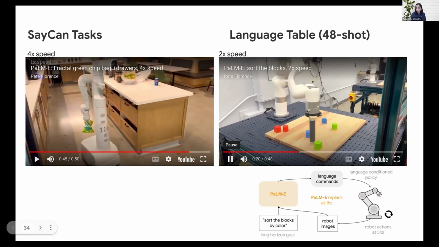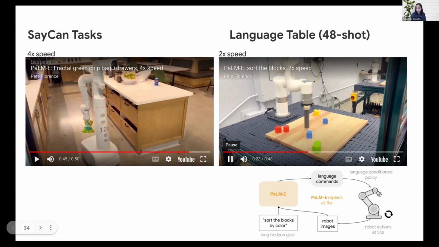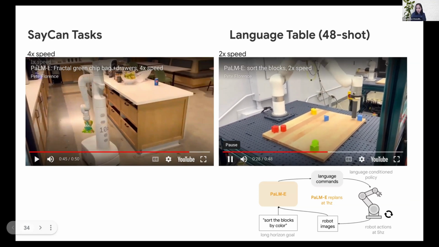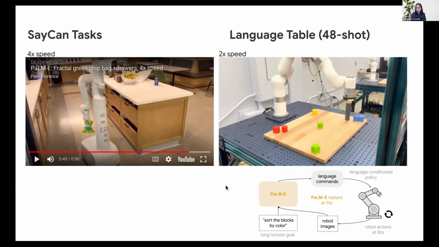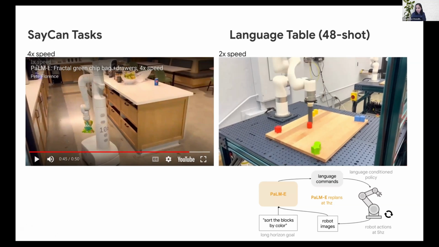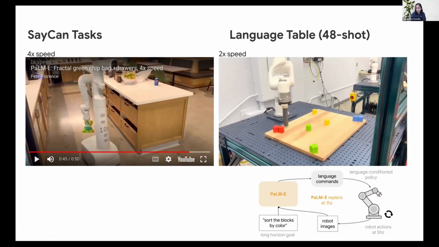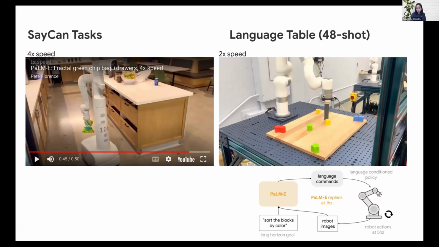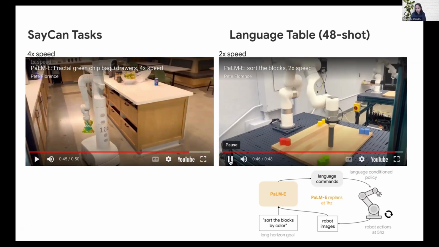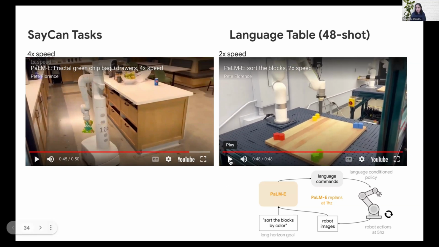And now that the blocks have almost made it to their respective corners, we will find that there's an adversarial disturbance. And despite the adversarial disturbance, the model is able to replan and put the blocks back in the right corner. As you see, there was more adversarial disturbance, and the model is able to replan even after that. Okay, so this gives you a sense of how these long horizon goals can be met with language commands and